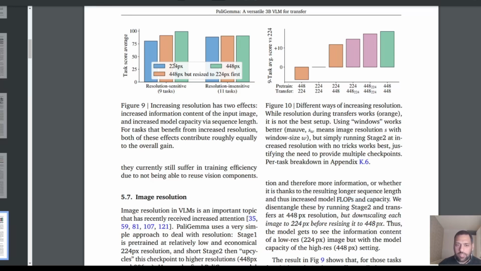In their ablation study they showed that both contribute equally. The first one is the 224 pixel image, how they perform. Now this orange bar is a 448 pixel image, but it is resized to 224 first. So if we have a 448 image, it is downscaled and then upscaled back to 448. In this way it has lost all the detail which was in the original image, but still it is